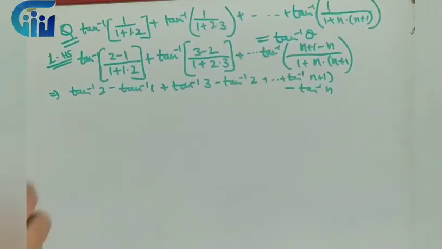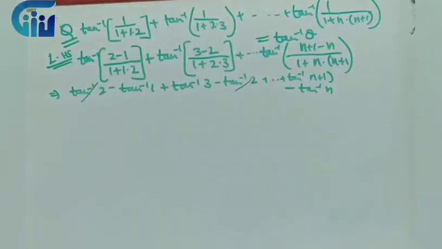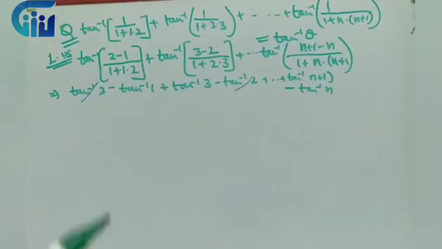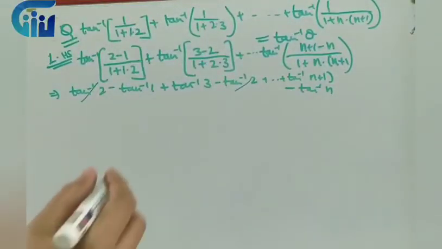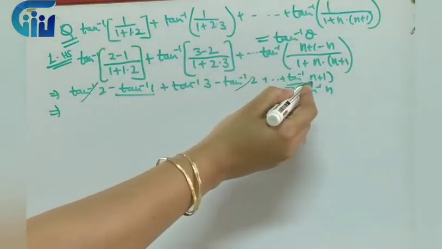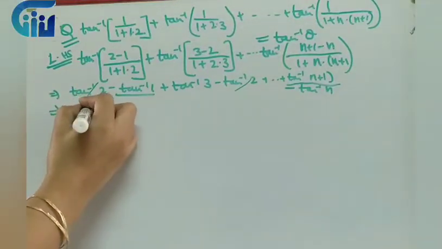Now we have the next question. Again, a very important question. This has been asked in a board exam in the year 2015. So very important question. What we have to do is prove it. It is given to us that the left hand side is equal to right hand side. What we have to prove is we have to find the value of theta. Here theta is unknown. So let's start from left hand side.